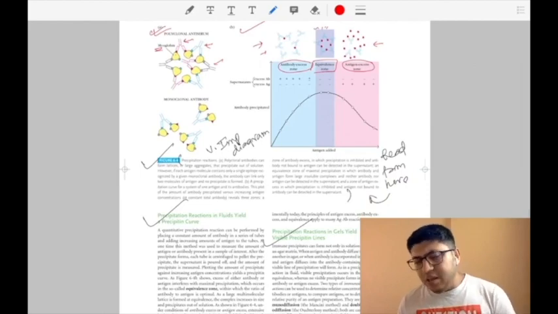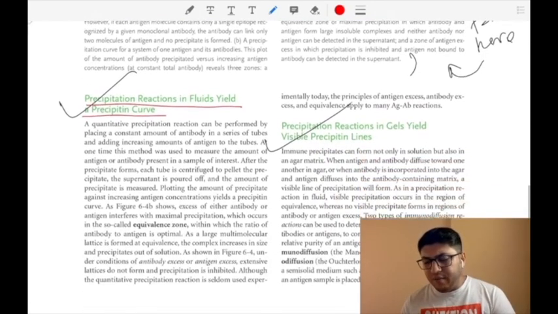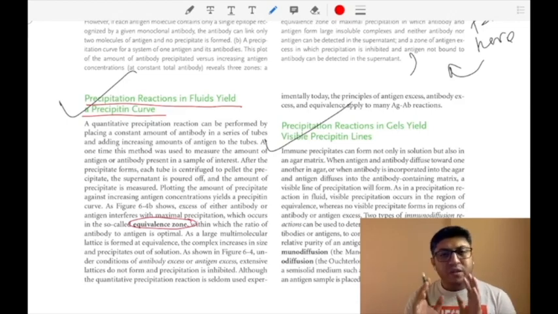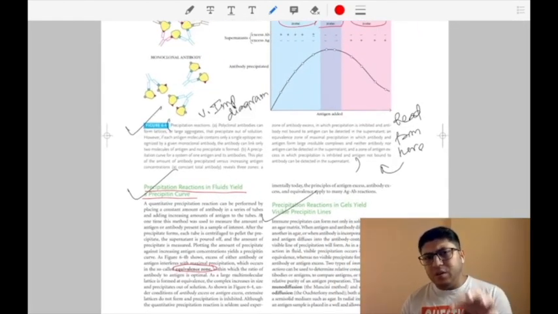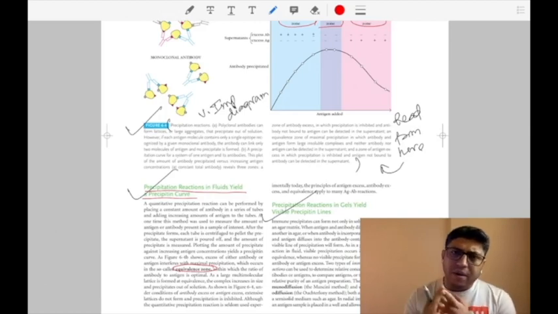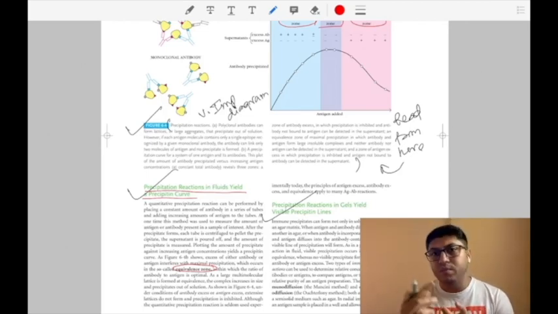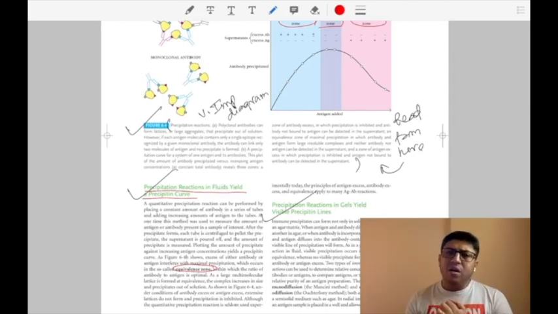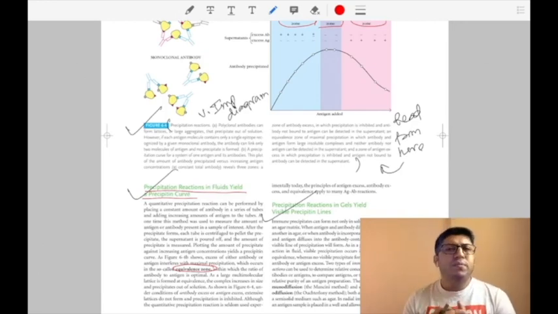Now this thing is basically described as: precipitation reactions in fluids yield a precipitin curve, and this is basically called zone of equivalence. So this is very crucial. You have to read every line to understand the zone of equivalence. Now, on the basis of this precipitation reaction, which is definitely happening between antigen antibody, if the molar ratio is 1:1, then you can see the precipitin line, that is the maximum visible amount of precipitation taking place. Third, it takes time, at least overnight, 16, 18, 20 hours সময় লাগে, and those complexes that are much heavier will precipitate very fast, and those that are lighter complexes will precipitate slowly. So precipitation itself is a huge phenomenon,